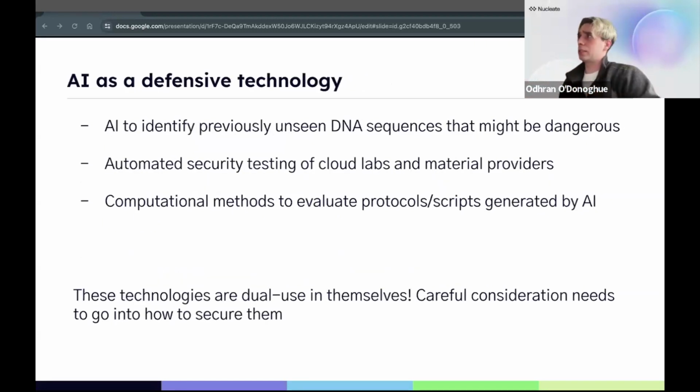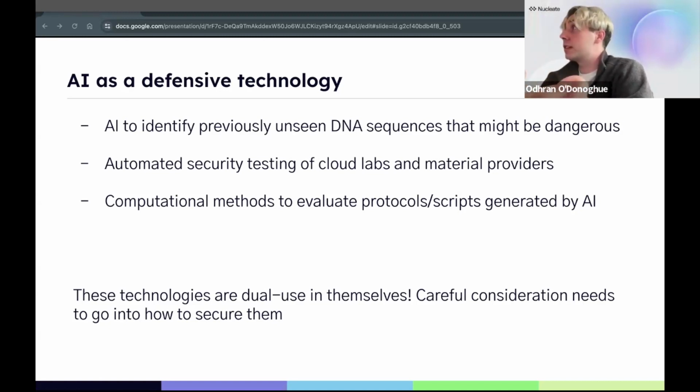Finally, something which I think is under investigated is the idea of AI as a defensive technology. We talk a lot in biosecurity around the risks AI creates and possible mitigations. But ultimately, AI itself can be used to identify possible risks and possible mitigations. A lot of the things we do for red teaming are around safety testing models, trying to spot possible holes in them. Red teaming, before it existed in the context of models, existed in the context of things like cybersecurity, trying to test and probe defenses.